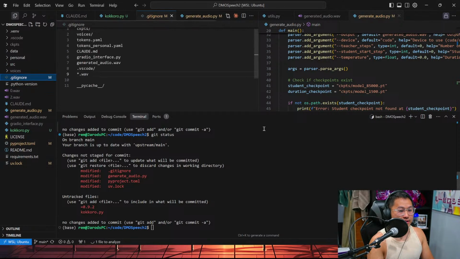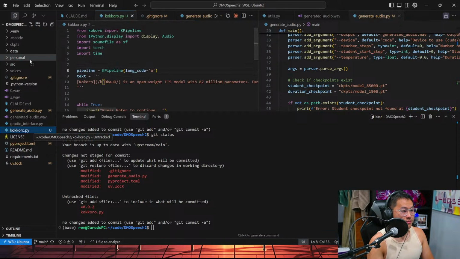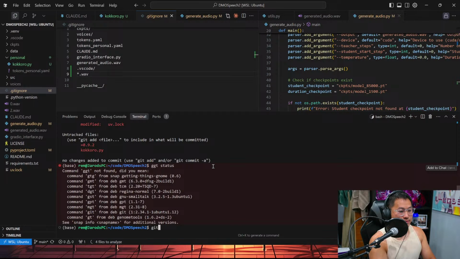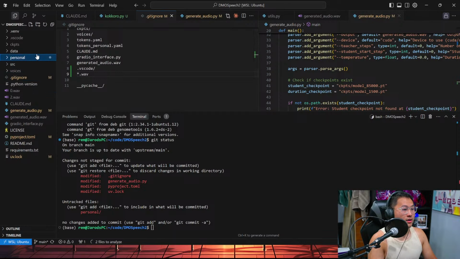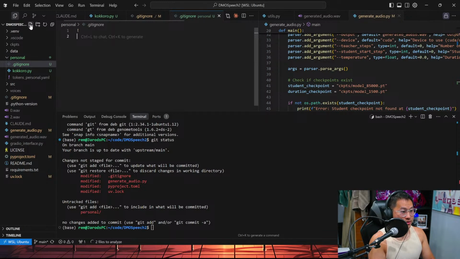Delete that. And then I don't need Kokoro, so we'll move this into personal. Okay. Git status. And in personal, I always have a gitignore where we ignore everything and then un-ignore.